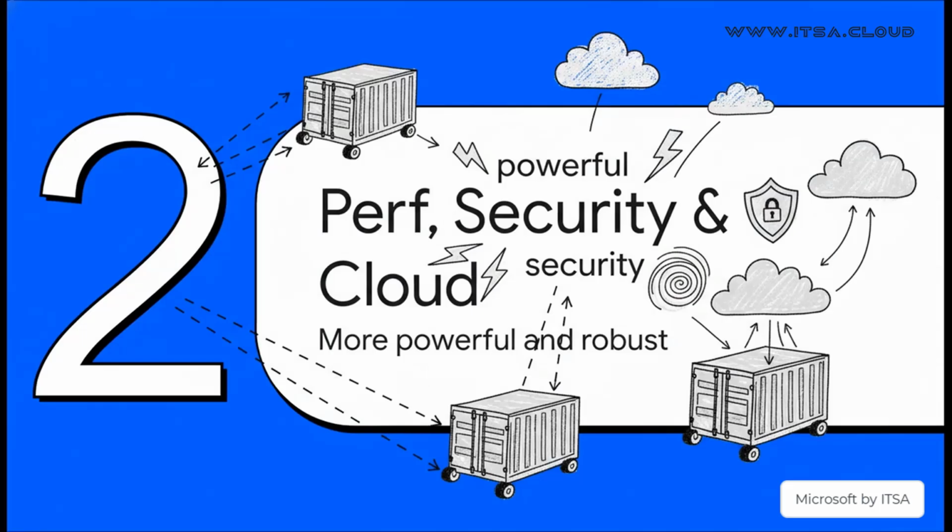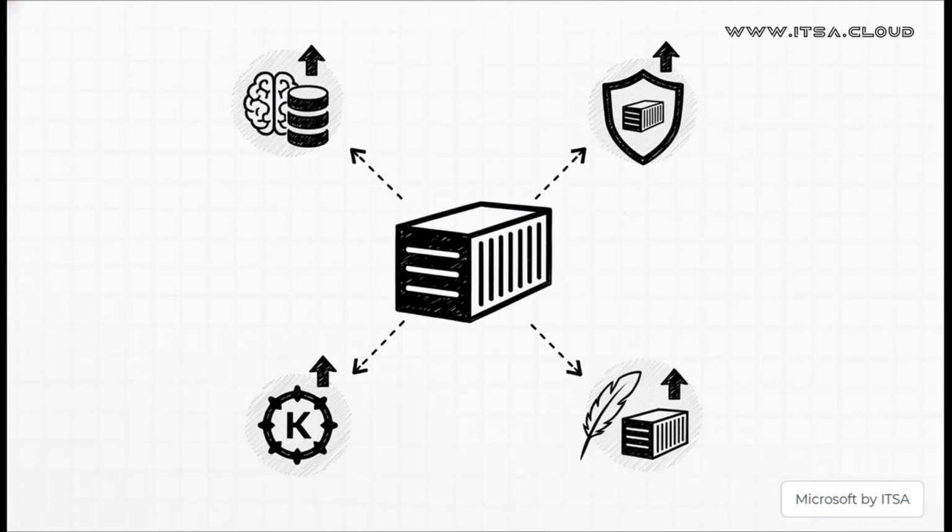Okay, so portability is obviously a massive win. But beyond that, Server 2025 also really focuses on making these containers way more powerful, much more secure, and just perfectly built for the cloud. We're actually seeing a whole bunch of awesome enhancements. For starters, there's way better support for really demanding workloads, like AI and databases. On the security front, Hyper-V isolation has been optimized, which gives you a much stronger, more secure boundary between your containers. Then, for managing everything, there's deep integration with Kubernetes, which is key. And to top it all off, everything runs leaner thanks to a reduced footprint using Server Core.